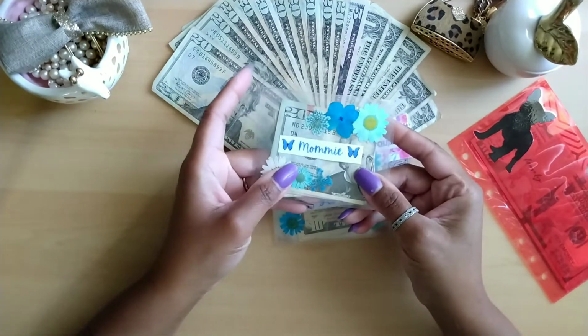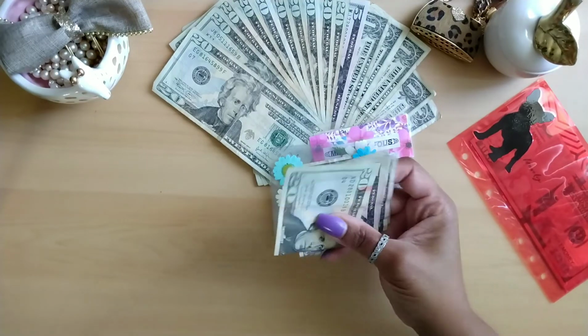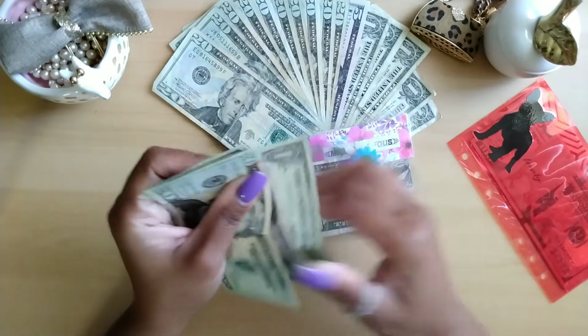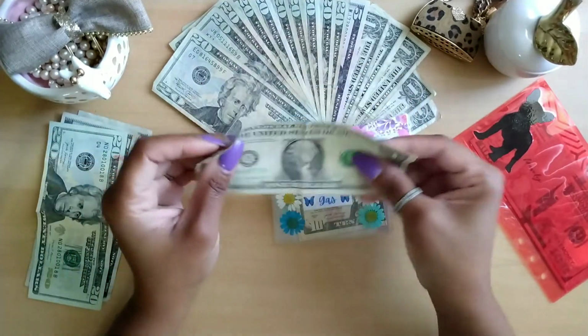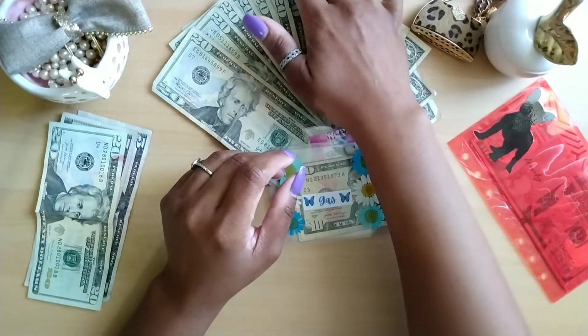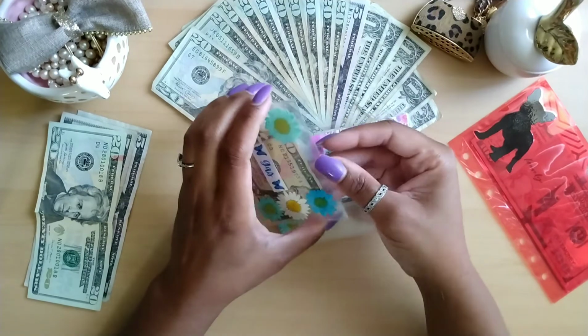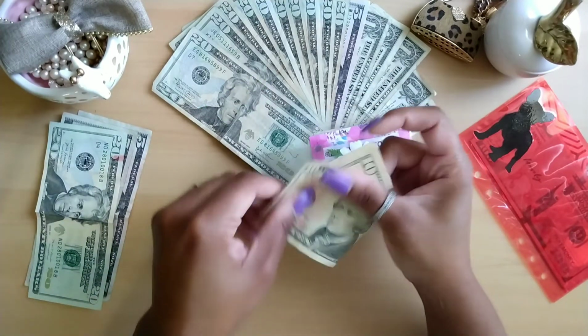So first up, I have my mommy envelope, which has 20, 25, 30, $31, which is awesome. So I'll go ahead and put this 30 here and my $1 here because I want to make sure I put it into my dollar savings jar. And then gas has $10 left over,